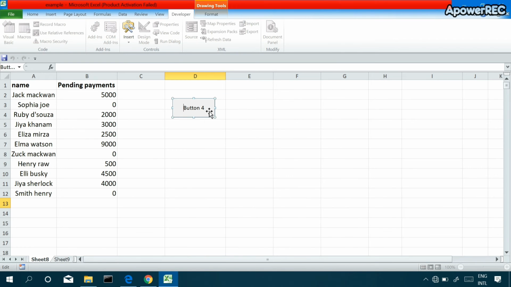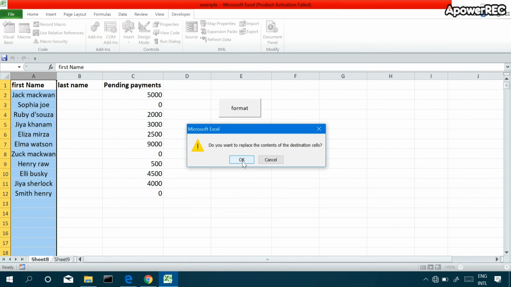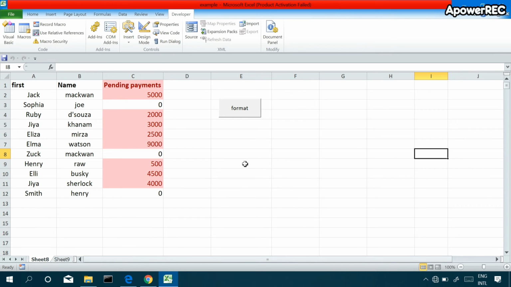I can change my button name to format. You can see when I click on this particular button, it will run my macro and do the formatting for me.